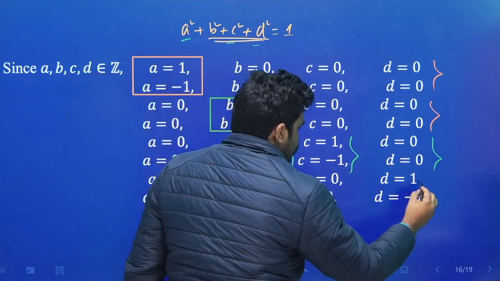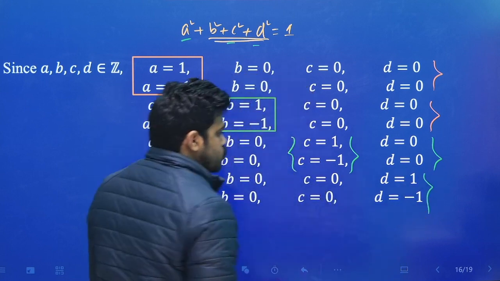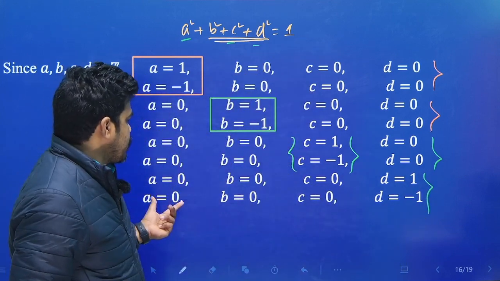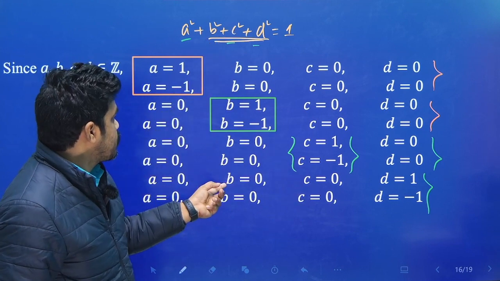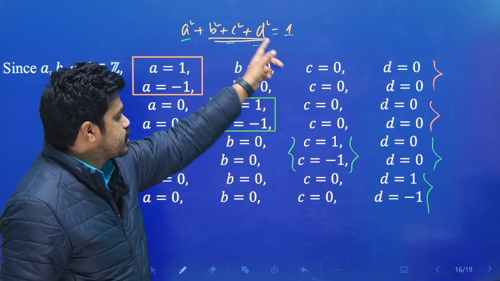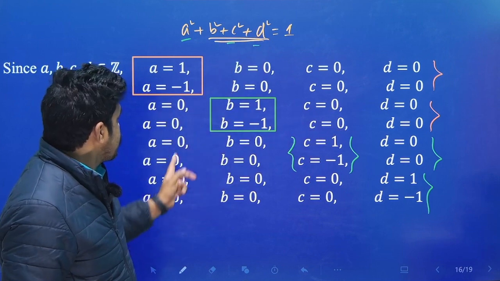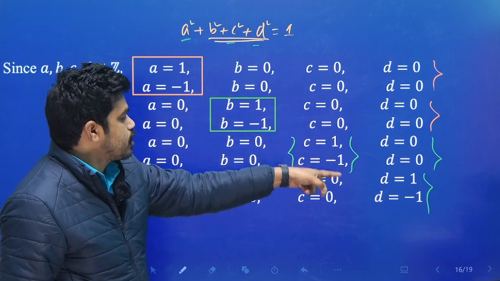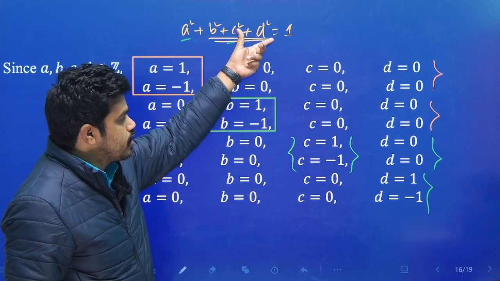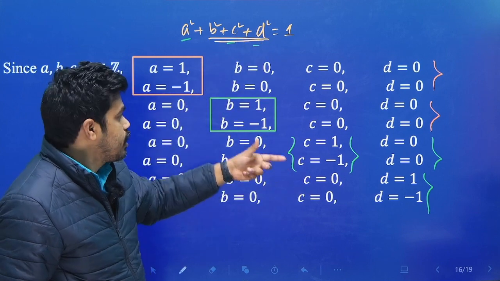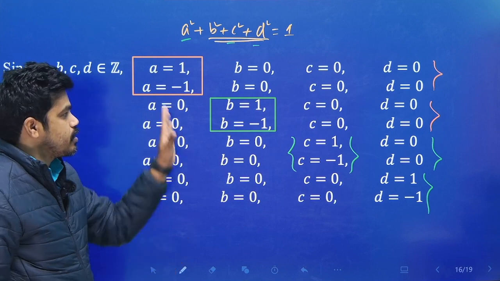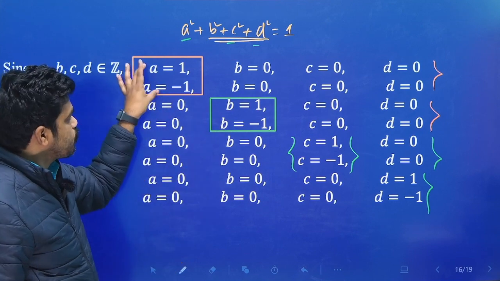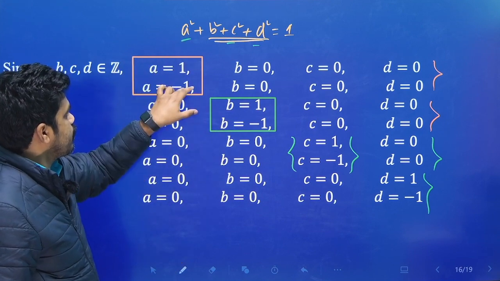d is equal to 1 আর d is equal to -1 চুজ করি, a b c গুলোকে 0 কনসিডার করে, দেখো এই কোশ্চেনকে স্যাটিসফাইড করে, দ্যাট মিন্স a is equal to 0 b is equal to 0 c is equal to 0 d is equal to 1 হলে স্যাটিসফাইড করছে, a is equal to 0 b is equal to 0 c is equal to 0 d is equal to -1 হলে এই কোশ্চেনকে স্যাটিসফাইড করছে, ঠিক আছে, ওকে। তাহলে টোটাল 8 পসিবিলিটিস, ঠিক আছে, ওকে। টেকনিকটা নিশ্চয়ই বোঝা গেছে। ফার্স্ট তুমি a কনসিডার করলে 1,